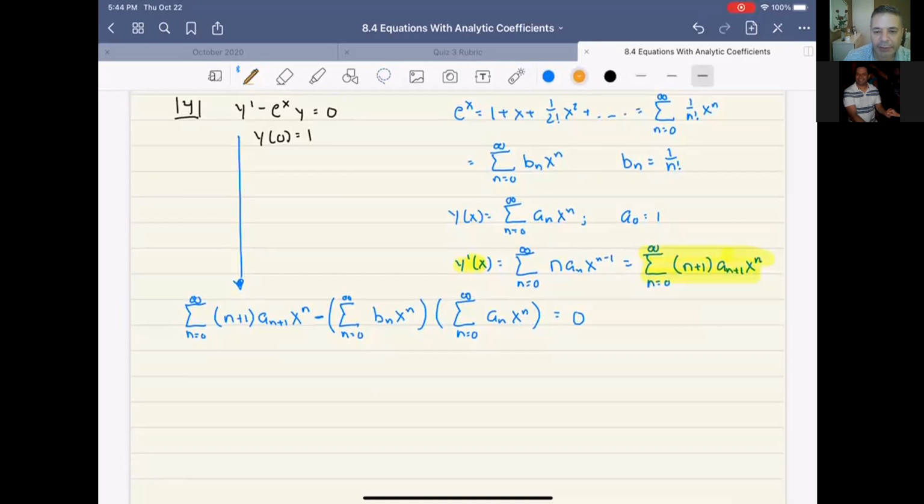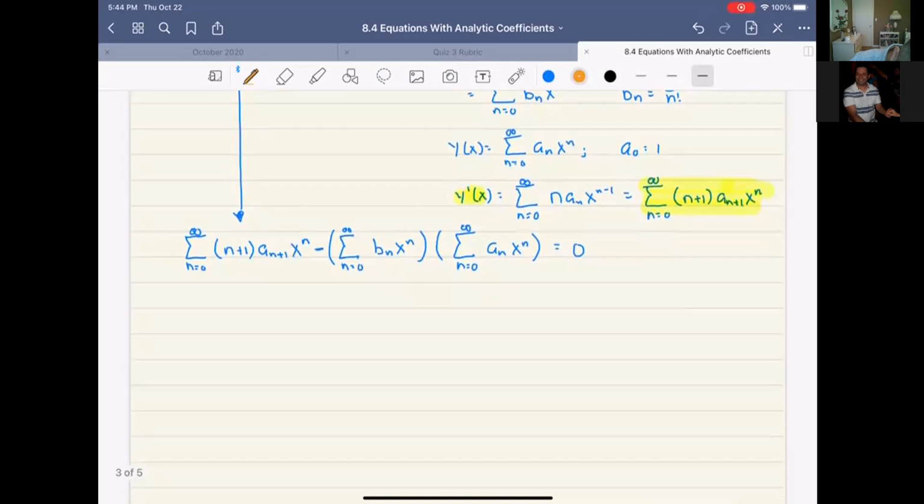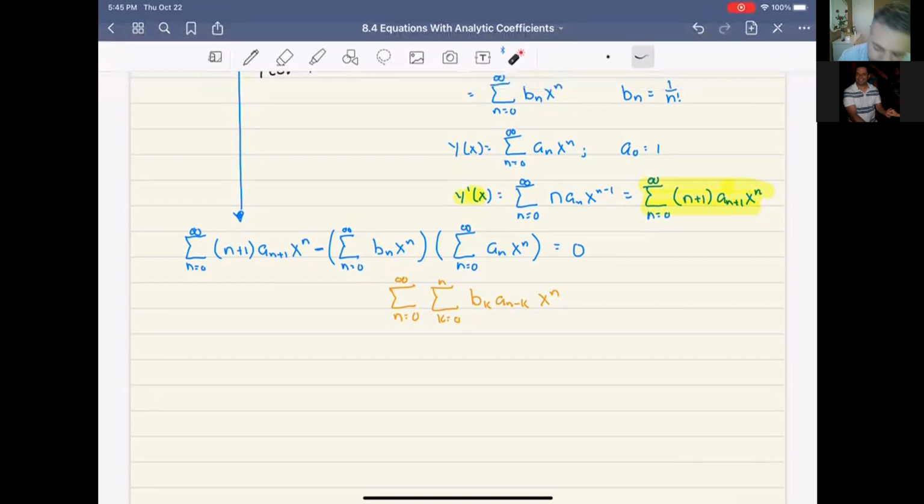So when we multiply power series together, remember this is going to be the sum n goes from 0 to infinity, sum k goes from 0 to n, b sub k, a sub n minus k, x to the n. Okay, do you remember that? So I explain it, I think, in the 8.2 notes. Okay, I explained that. All right. So once you do that,